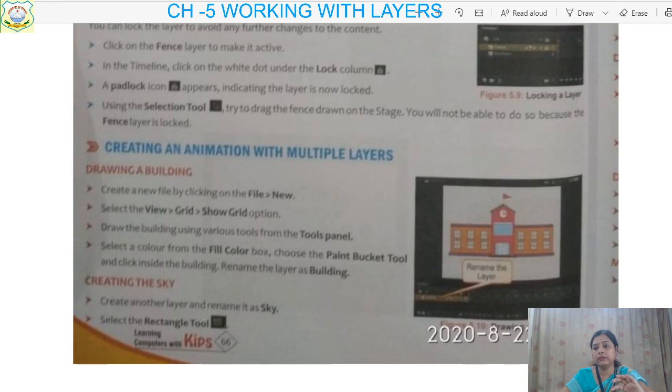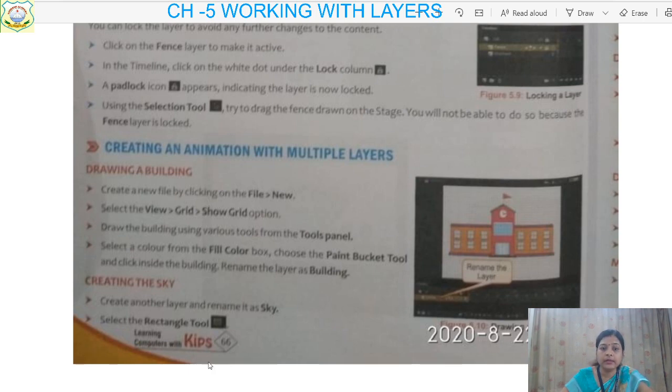So that if you click on that layer, this particular building layer will appear and you can do the changes in that layer. The only intention of naming the layer is that you should know which type of drawing you have drawn or which object you have placed on this layer.